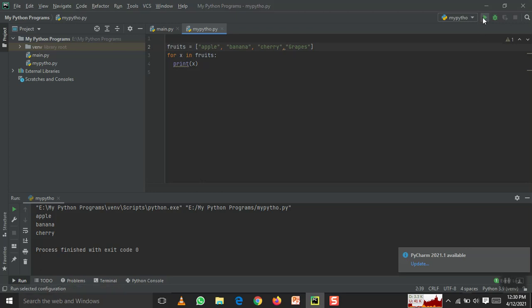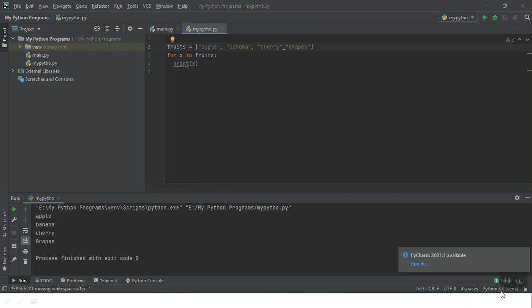And I'll be running this. What happened? Grapes will be included. Where in case of your C program, I have to say what is the range starting from to end, right? So this option is not available in your C program, but it is included in Python. Clear?